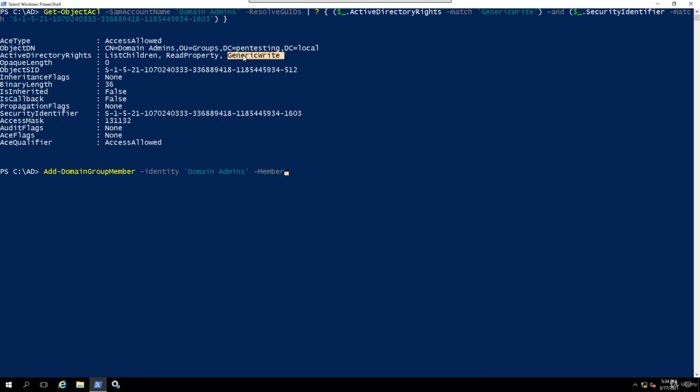Since we have GenericWrite, we're able to write to this Domain Admins group, right? So -Members student1, which is myself, to the domain pentesting, which is the current domain that we are in. So this is what it's going to do. Before we do that, let's go ahead and copy this, and so you don't think that I'm cheating, let's go ahead and do a